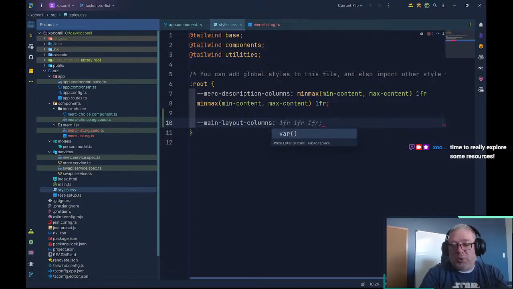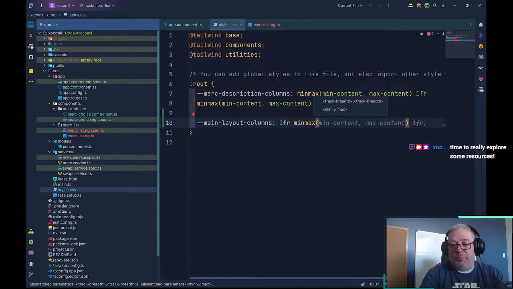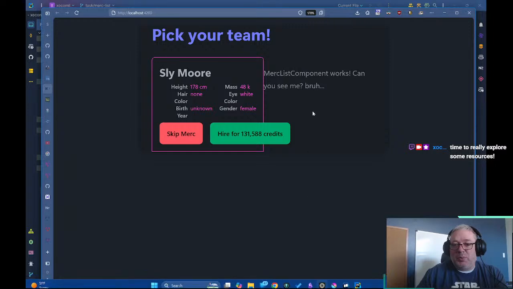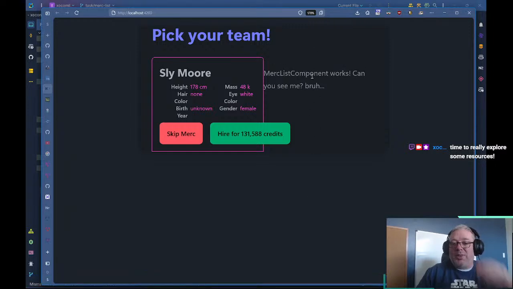What we want is one fraction, and then we want a min max of, so we want our min content to be one fraction, and our max content to be the max size that we want this column to grow. And what I think we should do is